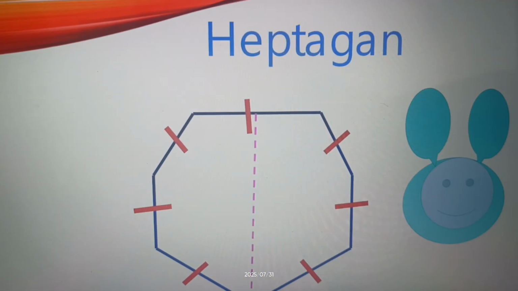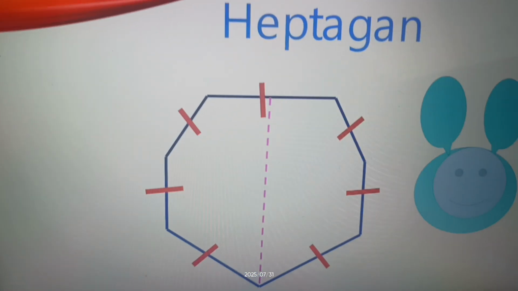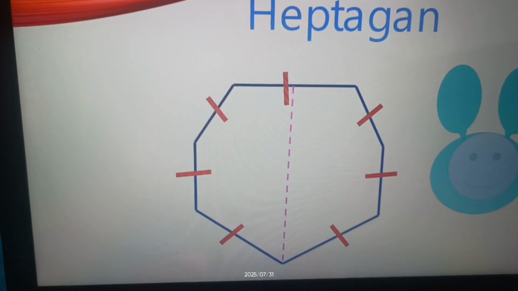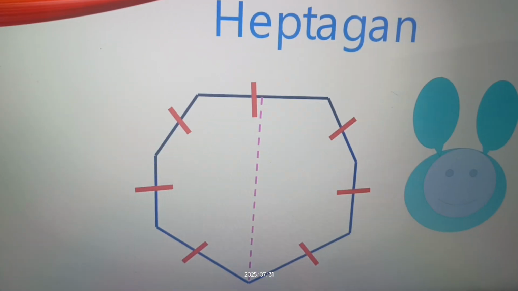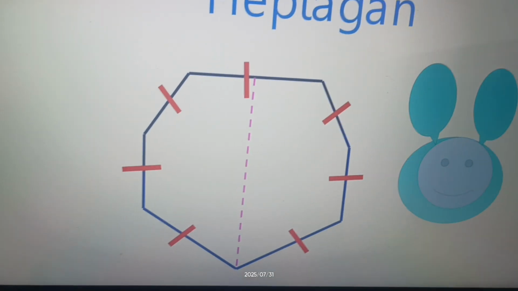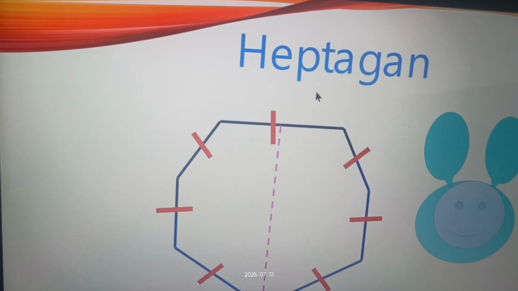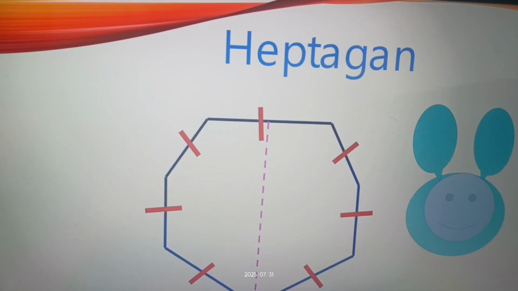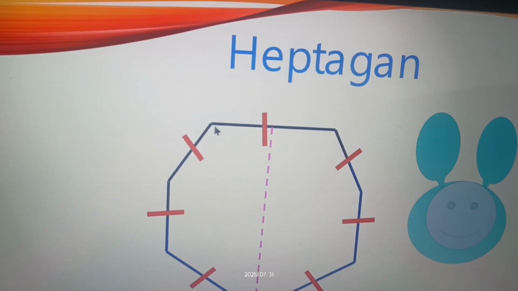Then next one, heptagon. Is this familiar for you? No. But there are this type of shapes also. Hepta means 7. 7 number of sides are there. There is a bunny here. 7 number of sides are here. How can you divide this 7 into 2 parts? 3 and 4. Draw 3